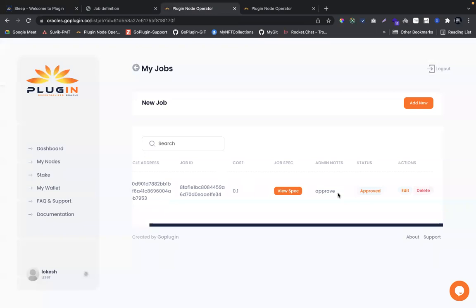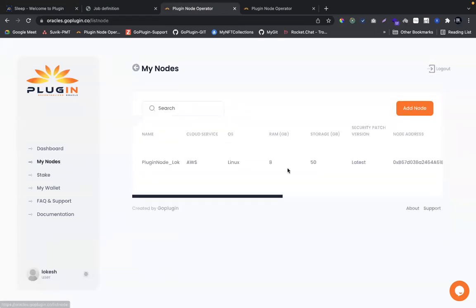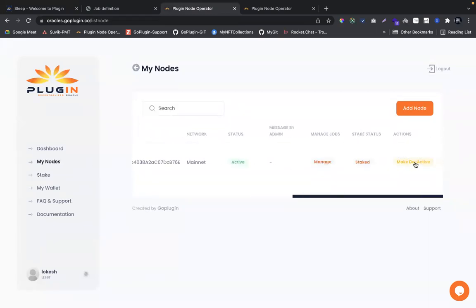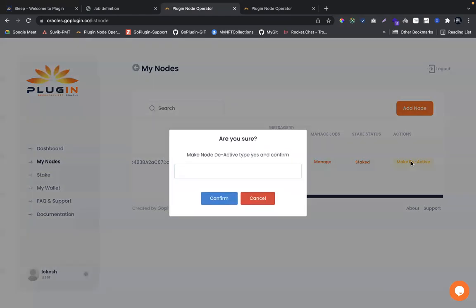If you look at it, I have other options available in my node section, like make deactive or make active. So what does it mean? For example, let's say your node is running for some time now, let's say a month or two, and for some reason you will have to take your machine down, like some downtime. In those cases, you don't want the machine to be shown in the platform, right? In such case, you can make it deactive, which means the node will not be shown to the end users.